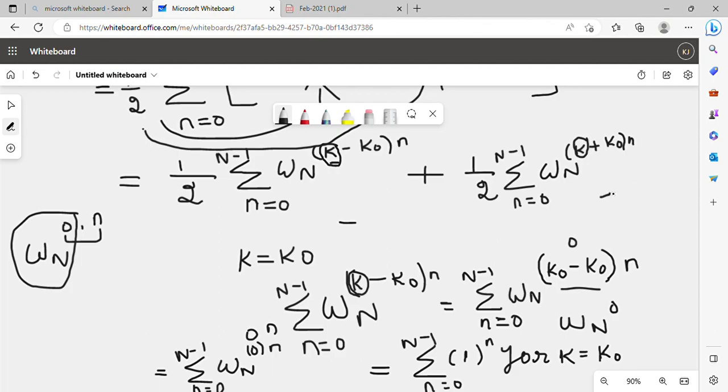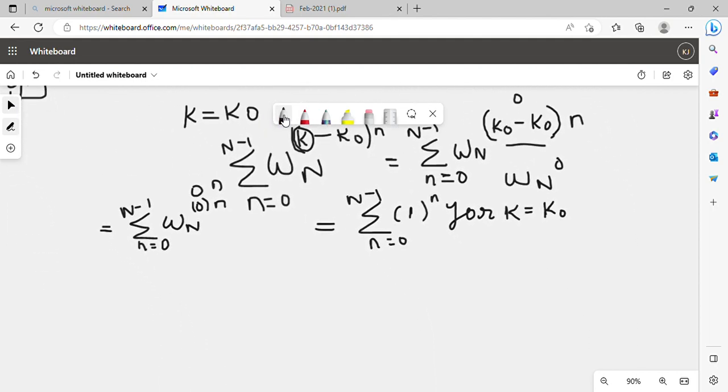Why? Because I need to get 1 to the power of n, that is why minus k naught plus k naught will become equal to 0. So if I take my k as minus k naught,